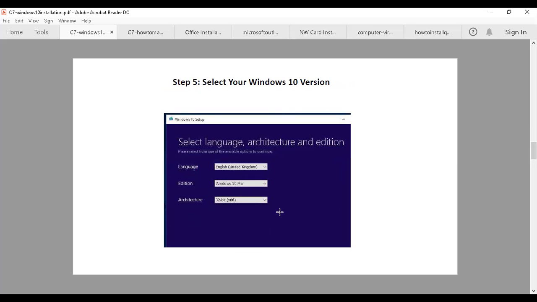Select the language, English, United States, edition Windows 10 Pro, architecture 32-bit or 64-bit, depending upon the hardware we use.